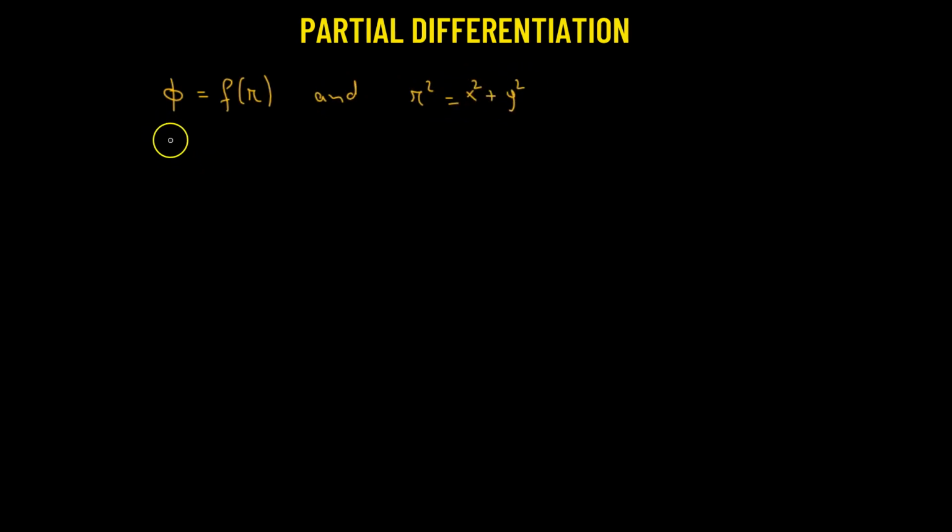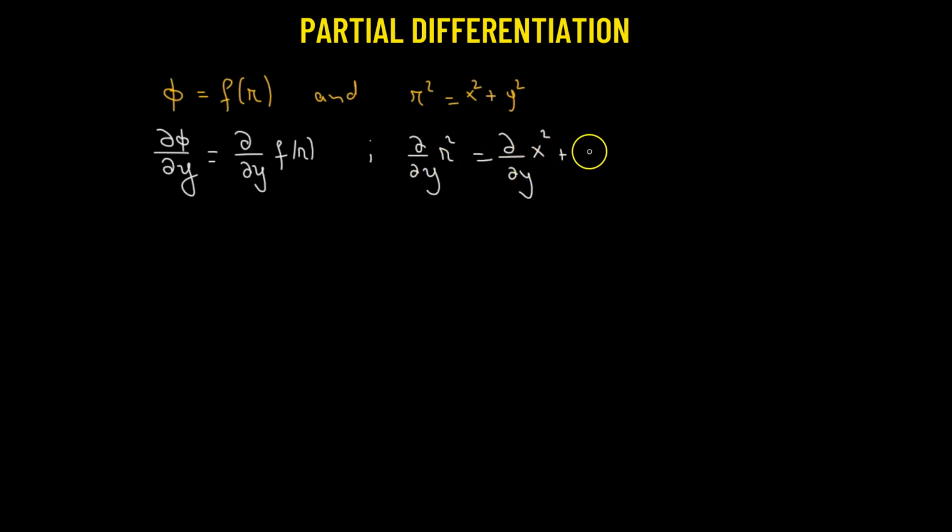Now we'll take the partial of phi with respect to y, which equals the partial with respect to y of our function f of r, and similarly we'll also take the partial with respect to y of r squared, which equals the partial with respect to y of x squared plus the partial with respect to y of y squared. Right. So this gives us f prime r multiplied by the partial of r with respect to y. This is obtained as a result of applying the chain rule, and we have here 2r multiplied by the partial of r with respect to y